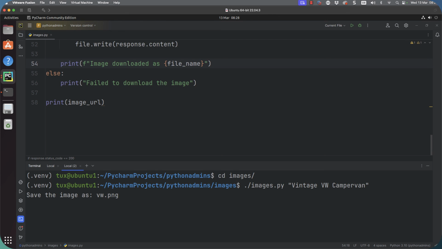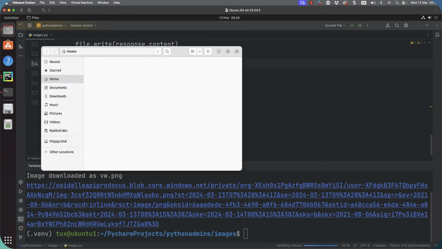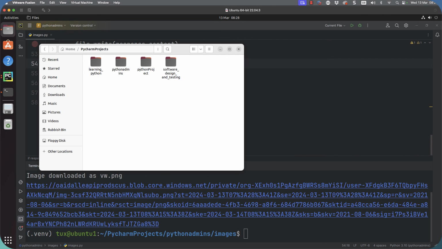But once it does come down, we're going to be able to go through into our file browser and open up our image. Here you go, it's come down, so that was all in real time. Now that that has come down, we can still access the URL, but we can also open up our file browser.